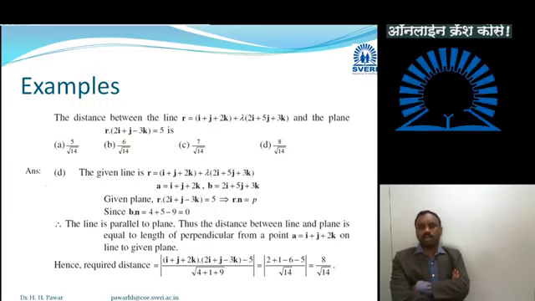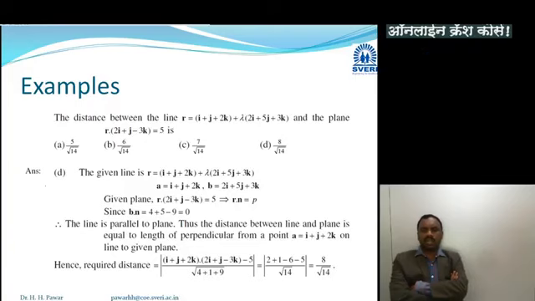So here a bar is equal to i plus j plus 2k and b bar is equal to 2i plus 5j plus 3k. That is, the vector along the line is nothing but b bar, equal to 2i plus 5j plus 3k in this case, and also the equation of the plane is r bar dot